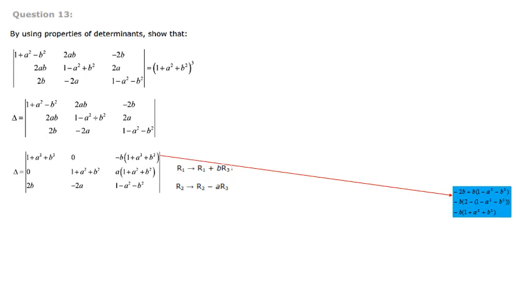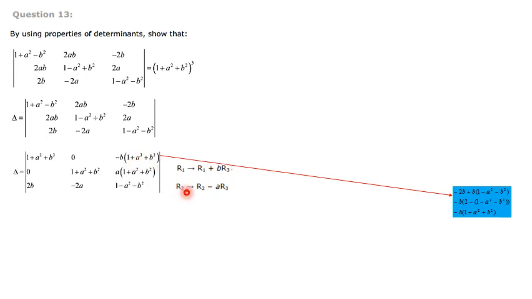Then what I have done is I have taken this minus b outside. Minus b if I take outside, I will get 2 minus, this plus becomes minus, 1 minus a square minus b square as it is. Then minus b, this 2 minus 1 is 1, then remove the bracket, I will get minus b into 1 plus a square plus b square. So why are we taking this minus b outside? Ultimately we want this 1 plus a square plus b square, because that is our answer. We need to take this one as common. That's why we are taking minus b outside. So we have got minus b into 1 plus a square plus b square.